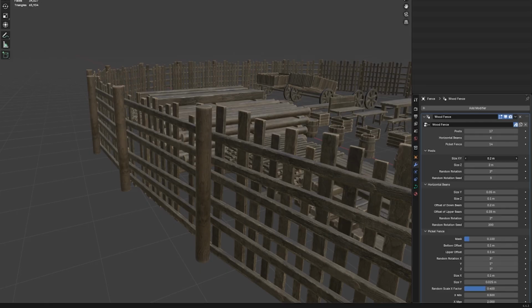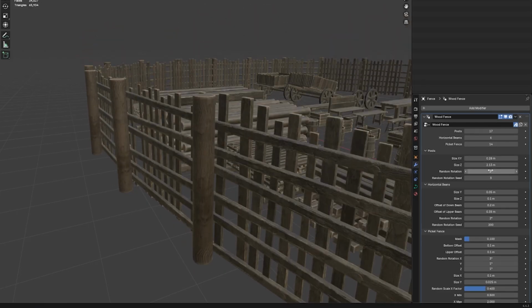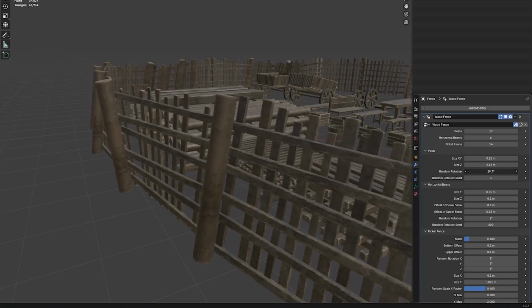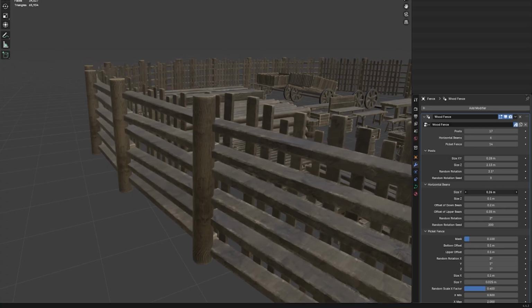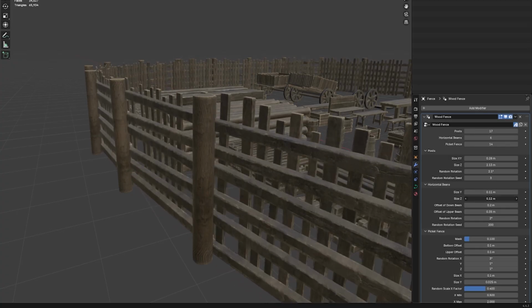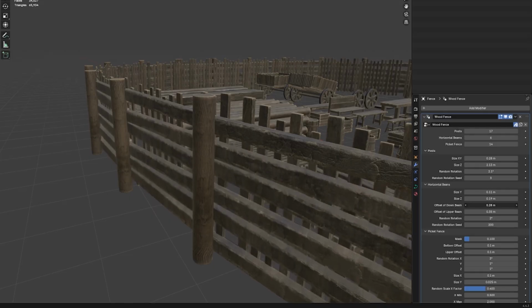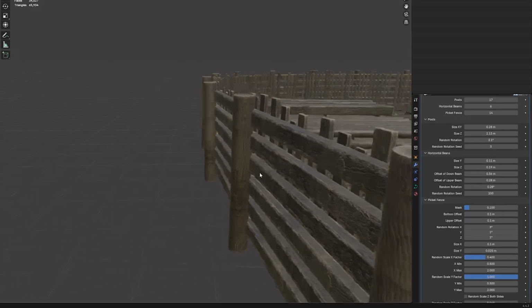So for the posts, we can increase the size of them or the height of them to make the whole fence taller. We can also change the random rotation so that the whole fence will lean. We can do similar things for the horizontal beams. So I can increase the size this way, make it kind of like a shelf, or I can increase the size this way to make boards. We can scoot them up and down, do some random rotation shenanigans,